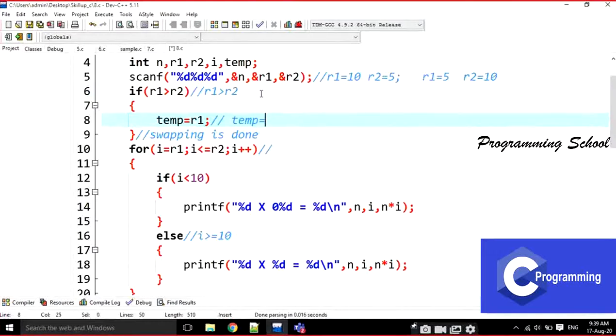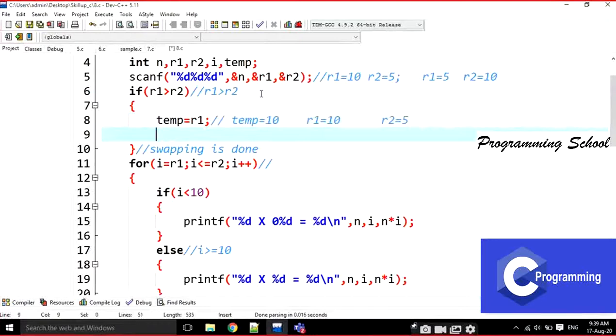What is the temp value and R1 value and R2 value? At this line, what is temp value? That refers to the R1 value, right? At this position, temp value is 10, R1 value is 10, R2 value is 5. Okay?